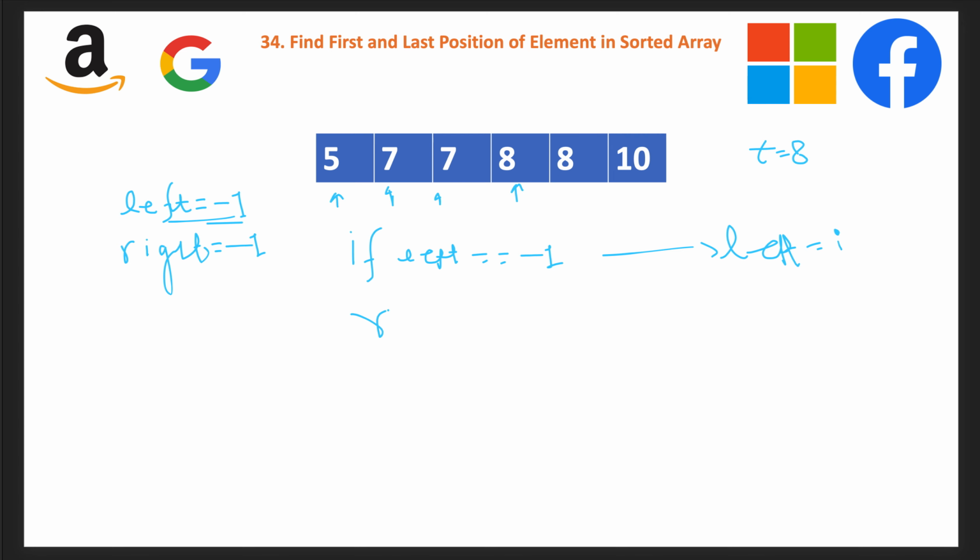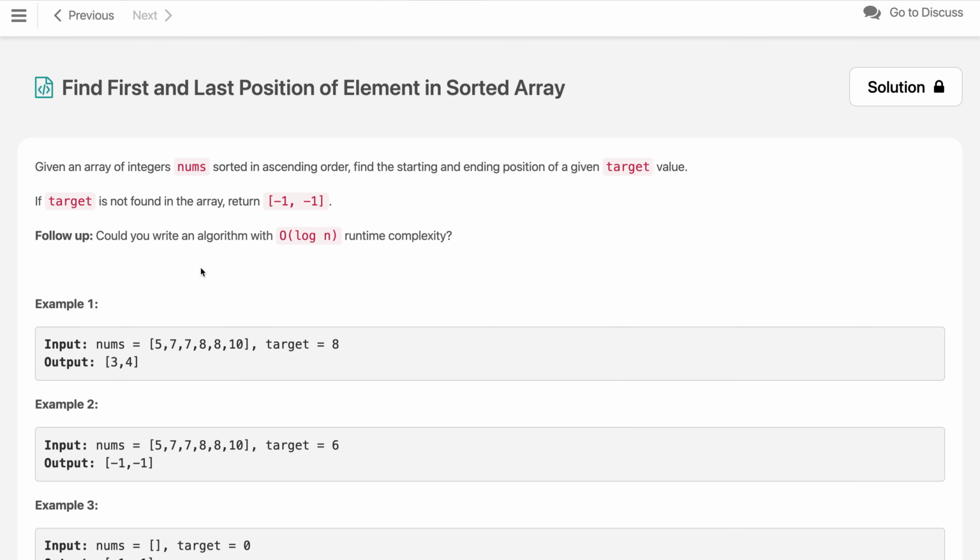And every time we find that the current number in our array equals the target, we update right to the current i. So we update left only once, when we encounter it over here, at index 3. Similarly, we keep moving and keep updating right, and right will become 4, and after that there is no 8. So we return 3, 4 as the answer, which is what is expected in our first example.